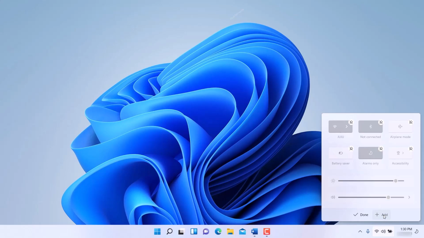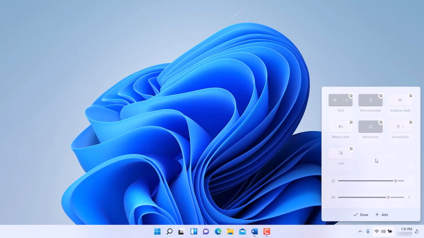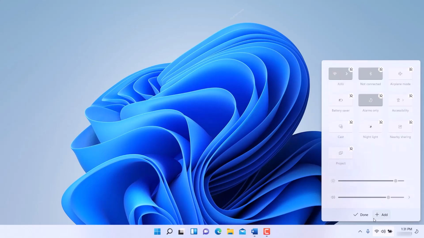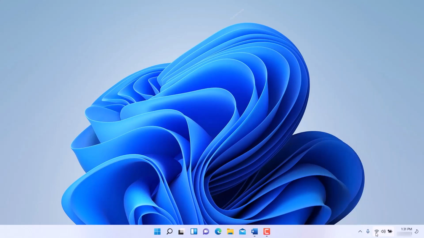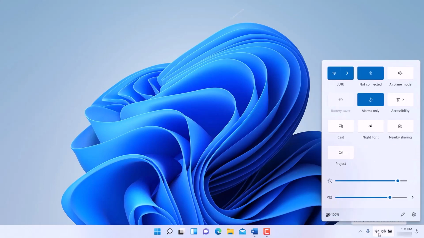So we click here on add, and let's say I want the cast option so that I can connect to a remote display easily. Let's say I also want the night light option. I want the nearby sharing and also the project option. Then I click on done. Now those options will be available at any point by simply clicking anywhere in here and then selecting that particular